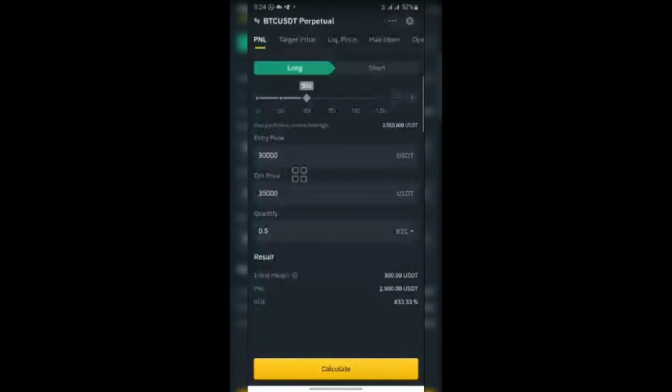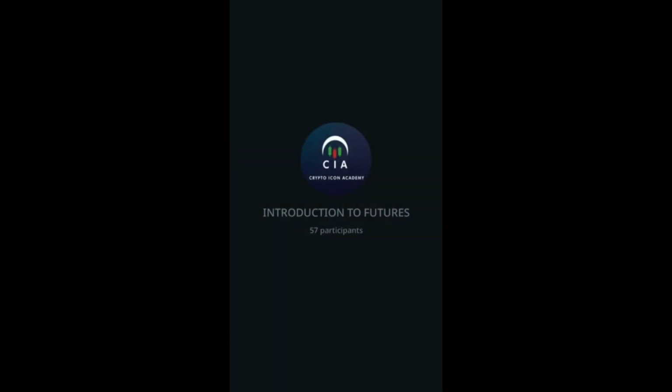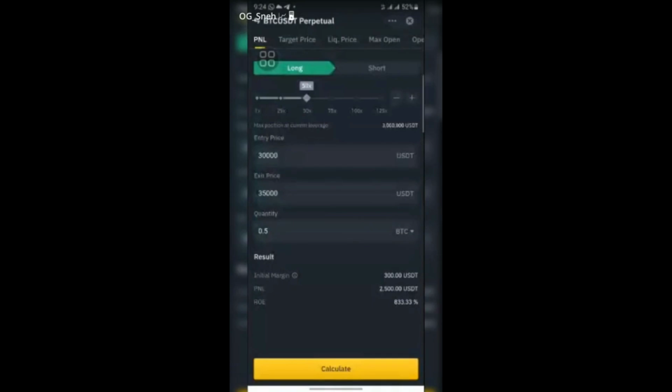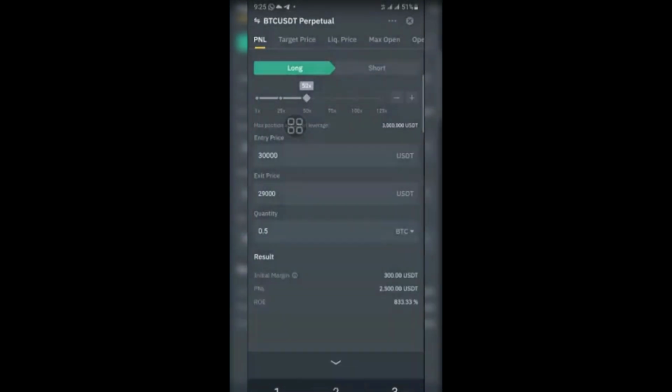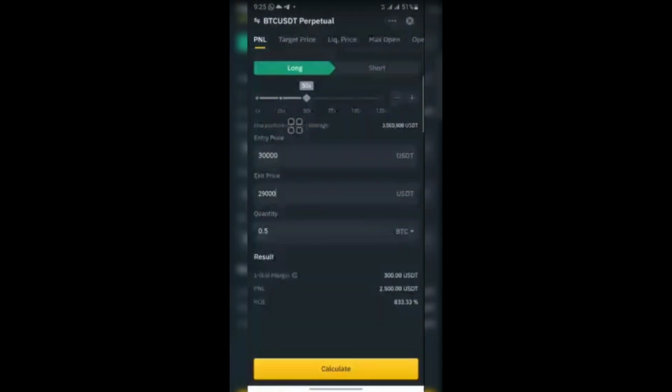What just concerns you is whether they are telling you to long this market or to short this market. Once you put in the two, then what leverage do I want to use? If I use 20x leverage, you can see that the profit is not as much as if I use 50x leverage. But at the same time, my stop loss, the stop loss given to me is 29,000. When I used 20x leverage the other time, the loss was 66%, right? So what will be the loss here?